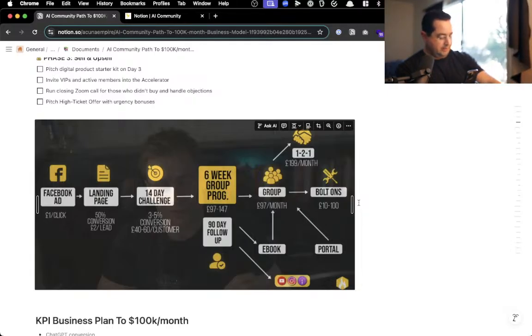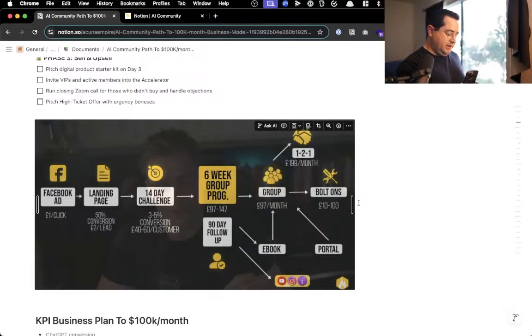So we have the ad campaign, which I'm going to do later. We're going to focus today on building the webinar funnel. And then later we'll work on the 3-day challenge, probably in another session. So my goal today is just to get the webinar funnel up and running so that I can start sending traffic to it. They can watch the webinar, and then I can start pitching probably the 3-day challenge I'm going to do there. And then from the 3-day challenge, that would upsell a 6-week program. And then once the 6-week program is completed, that sells people into the community.